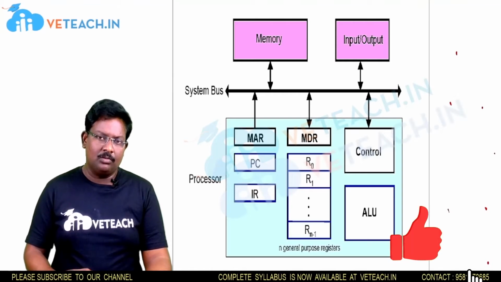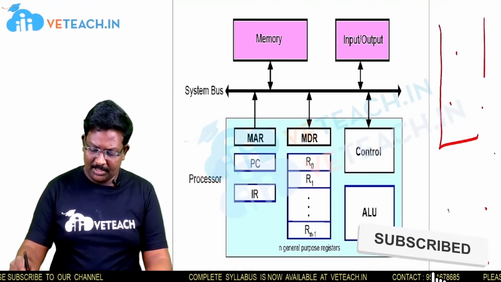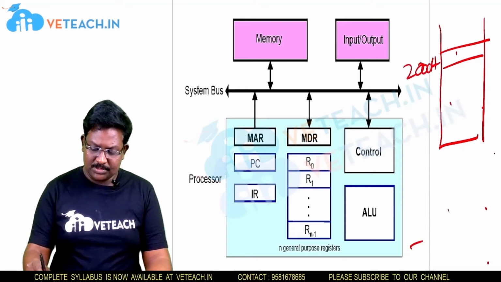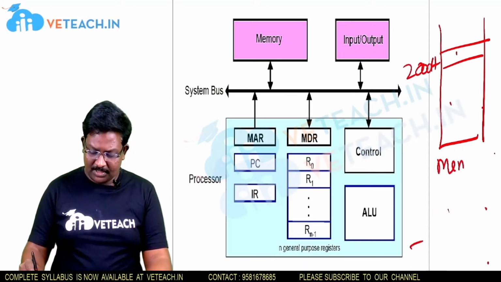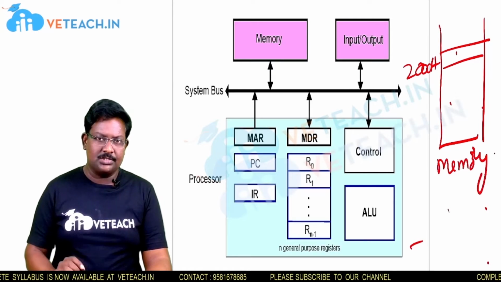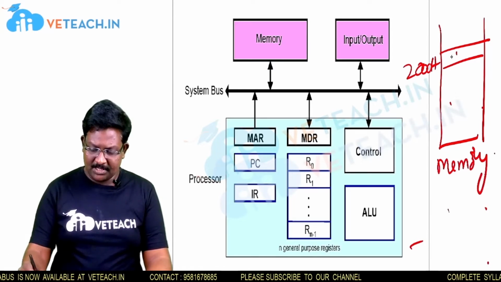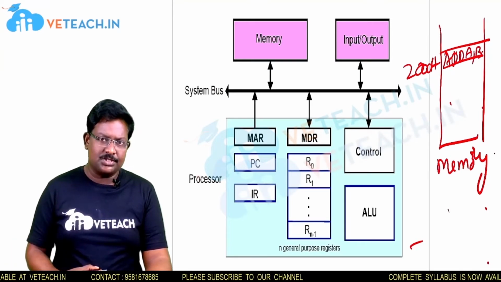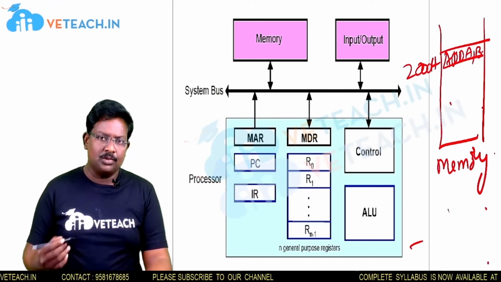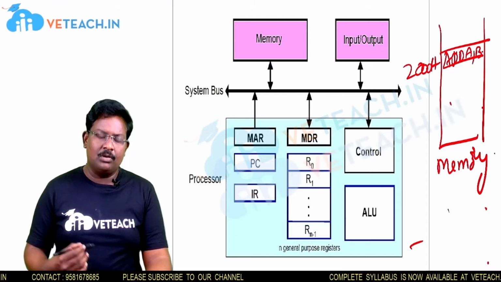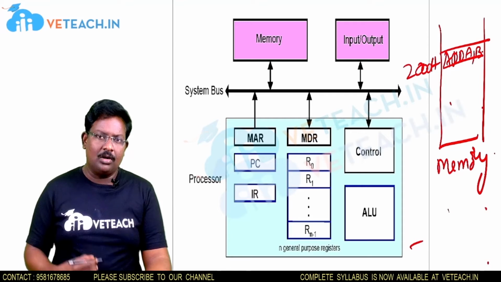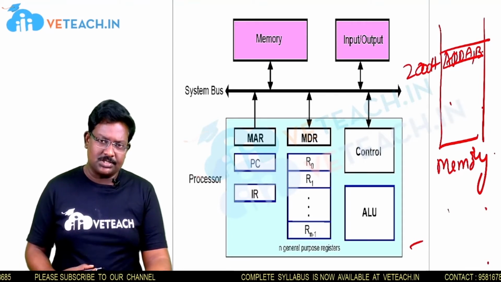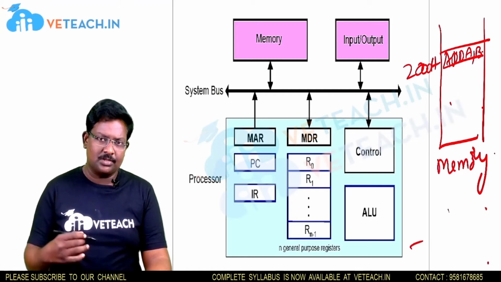Now I am taking an instruction, and that instruction has been stored in memory. For example, at the address 2000H memory location, we have some instruction, say for example, ADD A, B. Now if I want to execute this particular instruction, I have to bring it to the processor. Why? Because whatever program or instructions are going to be executed, all of them have to be brought to the processor, and there only we execute the instructions.